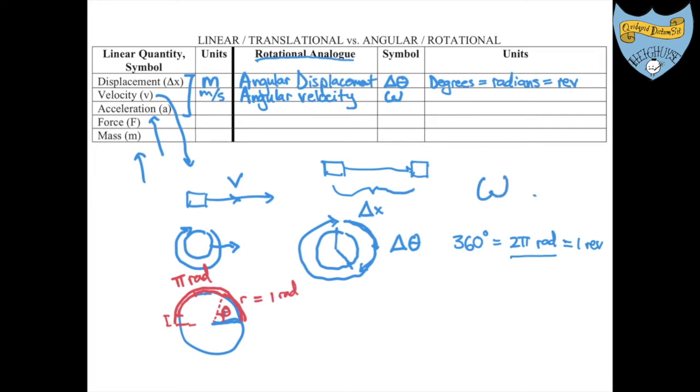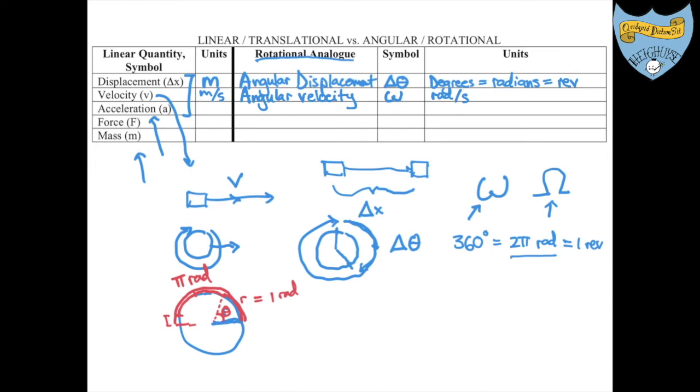Mr. Erico, though, I thought this was an omega. Well, okay, Greek has upper and lowercase letters just like English. So this one, as in "I am the alpha and the omega," is a capital omega, whereas this one is a lowercase omega. Okay, angular velocity is typically measured in radians per second,